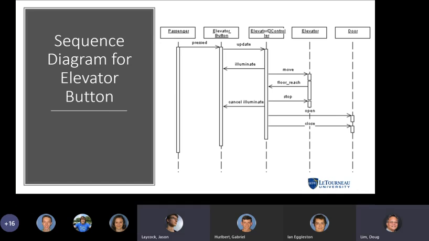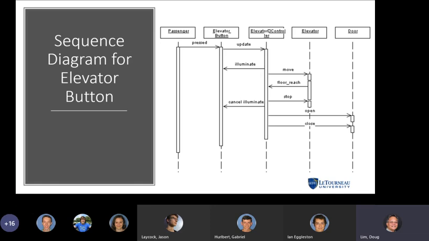Okay. And I see the passengers going through the elevator button to communicate with the controller as well. So that makes sense. Yes, in this particular case, yes. Okay. Only other thing I see is the door's never open to let the person in. Oh, you mean to begin with? At the top? Yep. Yeah. It's only at the bottom after we stop, the door is open to let the passenger out.